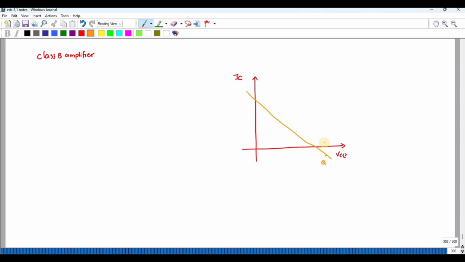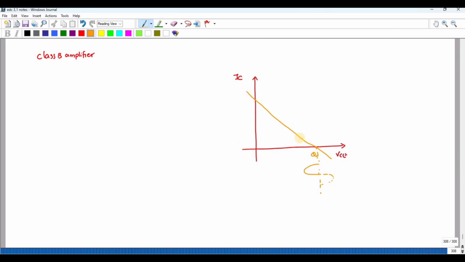So therefore, the Q point is here. So my output signal is like this. That is half of the input signal,